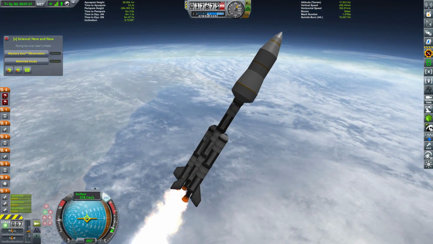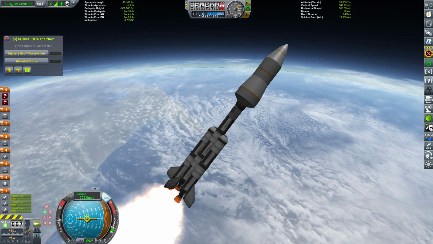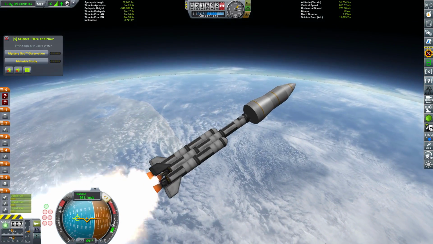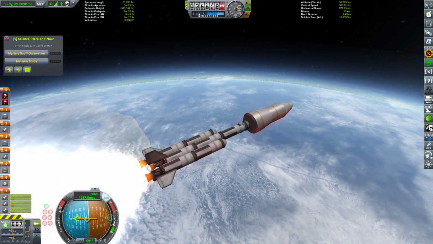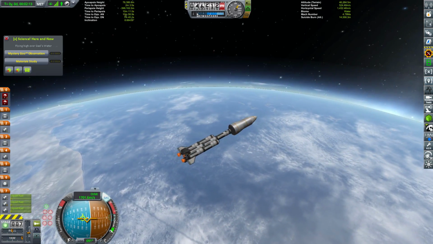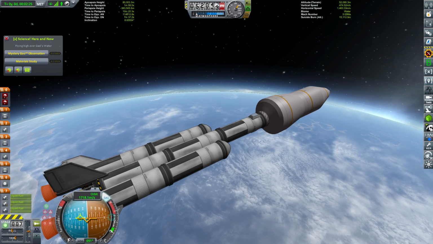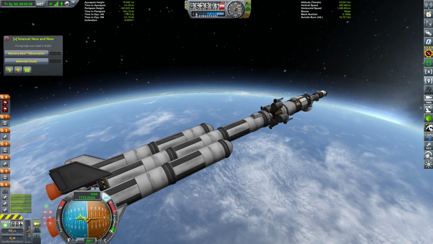We are passing 600 meters per second, getting our apoapsis right up here above 70 kilometers. As soon as we get out of the thicker part of the atmosphere, of course, we are just turning completely horizontal and getting as much horizontal velocity as we can as fast as possible. As soon as we get past 50 kilometers, it's quite safe to now deploy those fairings